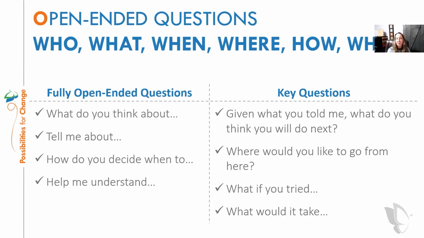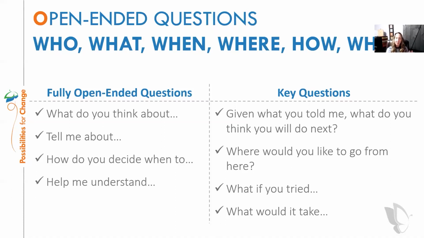We just want to be careful not to start with the same starter every time. So you're not saying, tell me about, tell me about, tell me about, because then they're going to start stepping back like, maybe this is something that you're trying to trick me on. It doesn't feel like an authentic conversation. So you want to think about what are some of these fully open-ended question starters that you feel comfortable with that you can start using when you're interacting with youth, particularly ones that you're having a hard time kind of eliciting information from. Maybe that's a strategy that you take away.